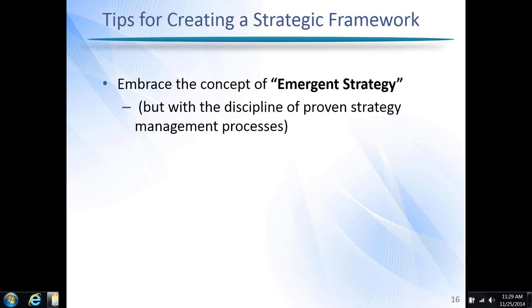So a few tips. It is helpful to have you and your stakeholders embrace the concept of emergent strategy. And there's quite a few articles on this that are out in publications like the Stanford Social Innovation Review. And the idea is, when we're dealing with complex social issues and we're dealing with a lot of different stakeholders, different environments, different community assets that we might be able to mobilize, you don't have a very fixed, rigid strategy that you know if you just do A, B, and C, you will get D. But instead, there has to be some flexibility of learning and growing and evolving.